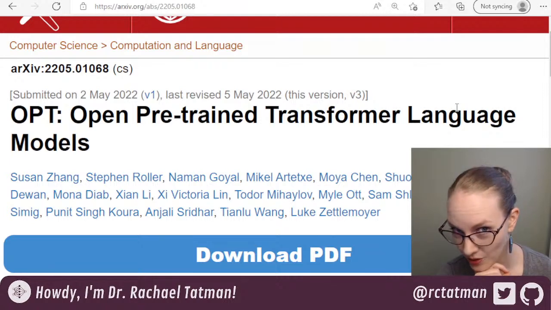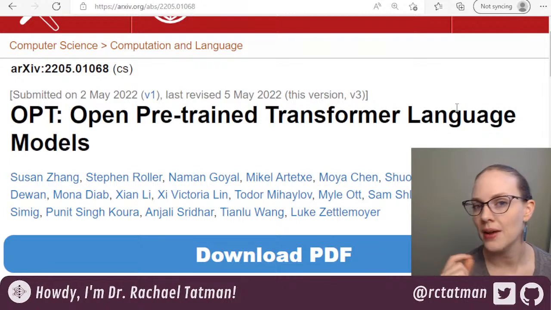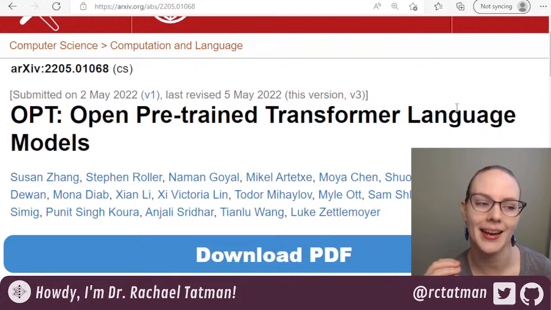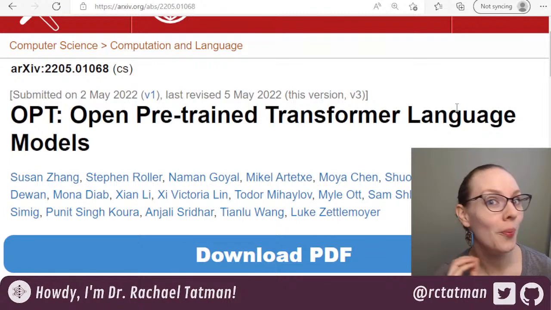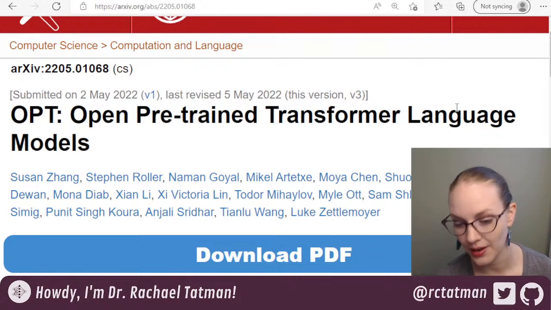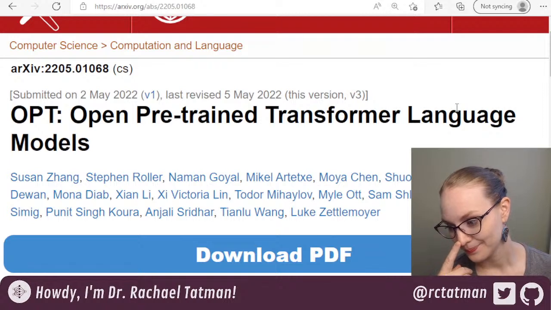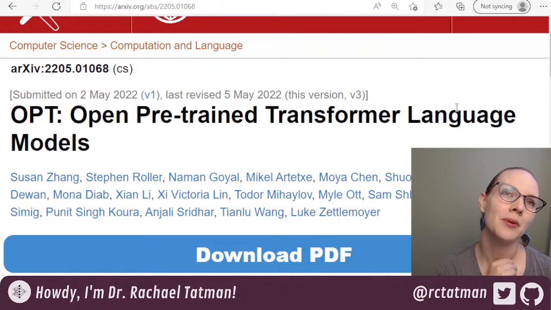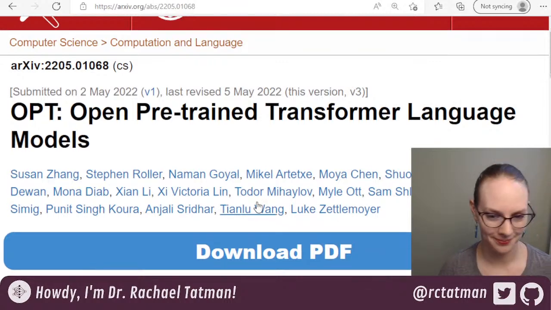Meta, formerly known as Facebook, trained basically a new version of GPT-3. There were some tweaks. I think it was a little bit faster to train, a little bit more efficient. And they have open sourced their model. So the whole thing is available to everyone. This to me falls under the Dolly thing where this is a toy that hurts people, and I would not have done it, but they did it.